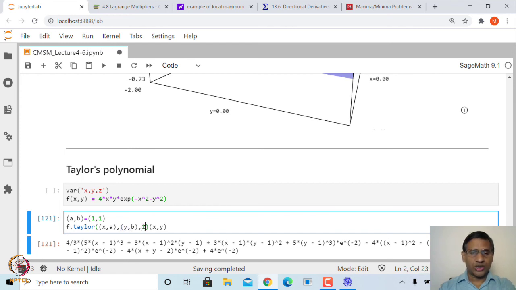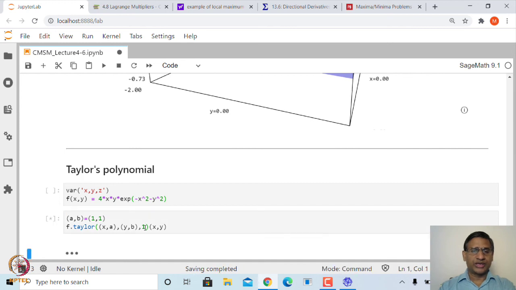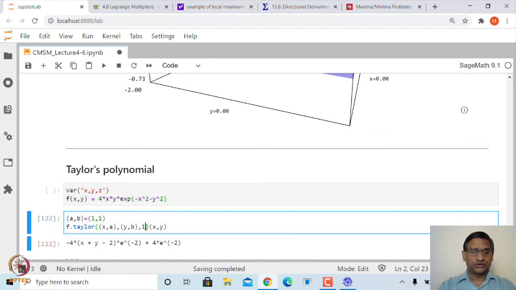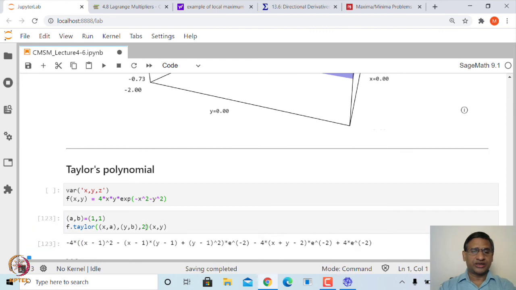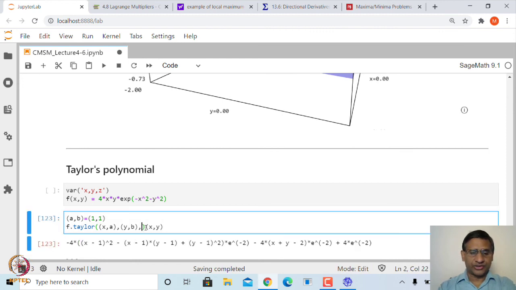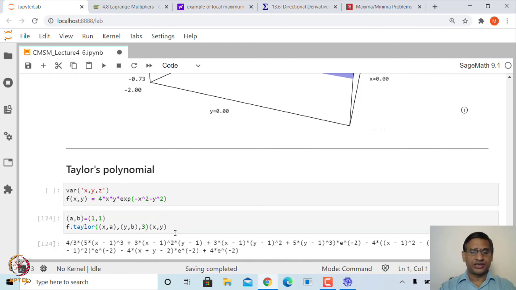For example, if I look at 1, then this is first order Taylor's polynomial. This will be nothing but the tangent plane, right, the first order approximation. If I mention here 2, then it will give me second degree Taylor's polynomial in x y, and this 3 will give me third degree Taylor's polynomial of f x y at (1, 1),